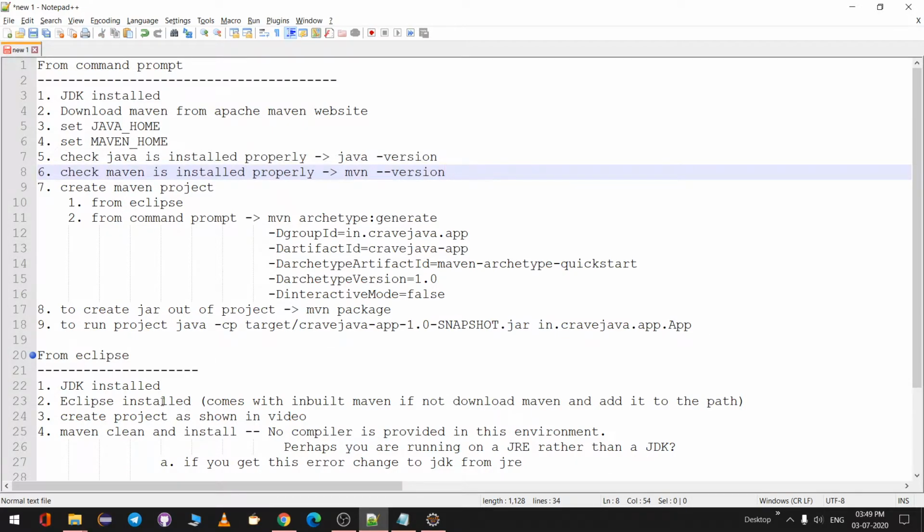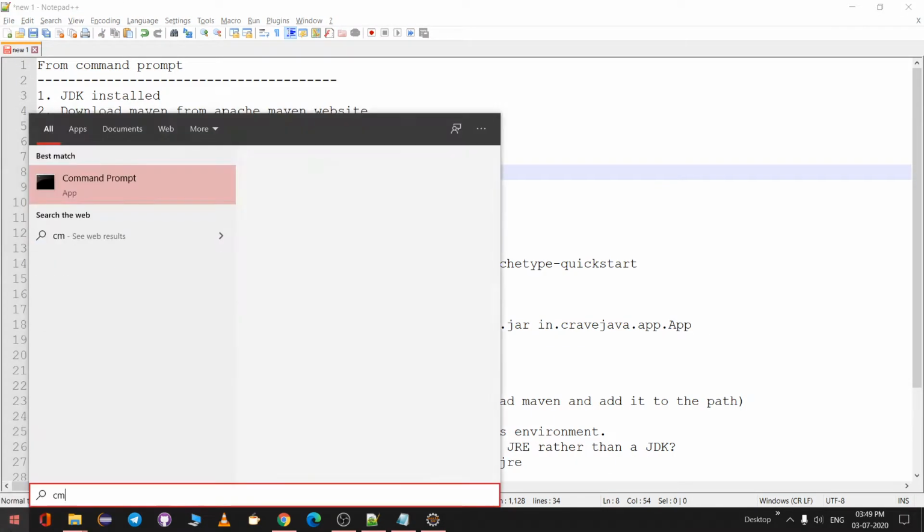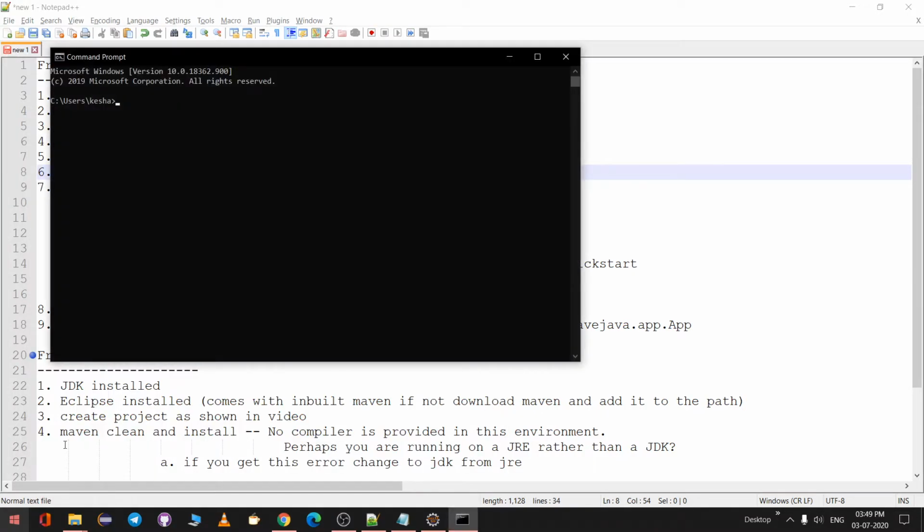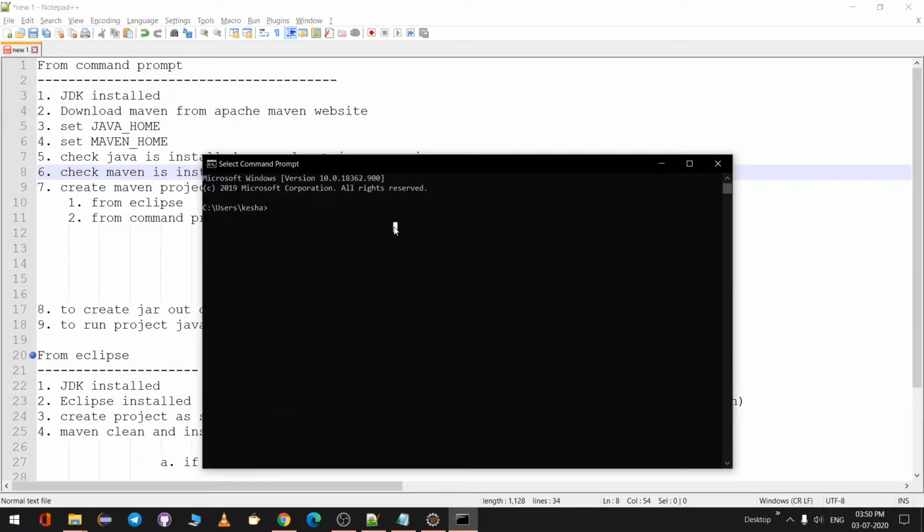So to verify that, go to start and say cmd command prompt, open the command prompt. It doesn't matter from which folder you're trying to do. So as it is entered in the system variable, it should be accessible from any path. So from here, what I'll do, say java minus version, which will say Java version, what is the installed version in your machine.